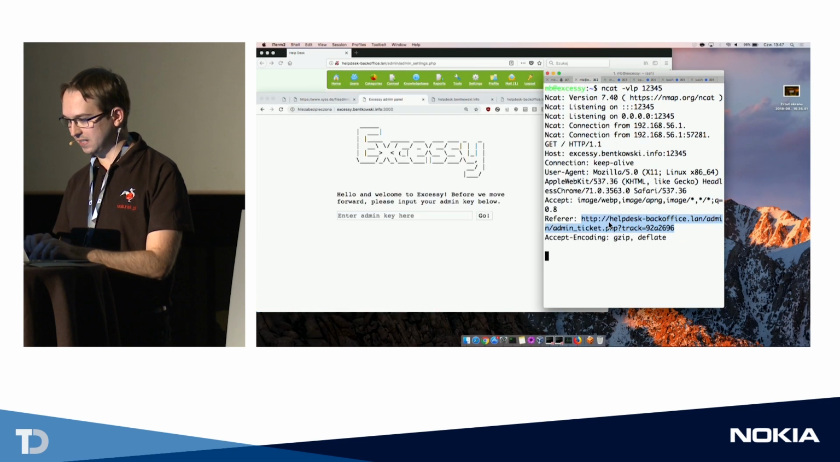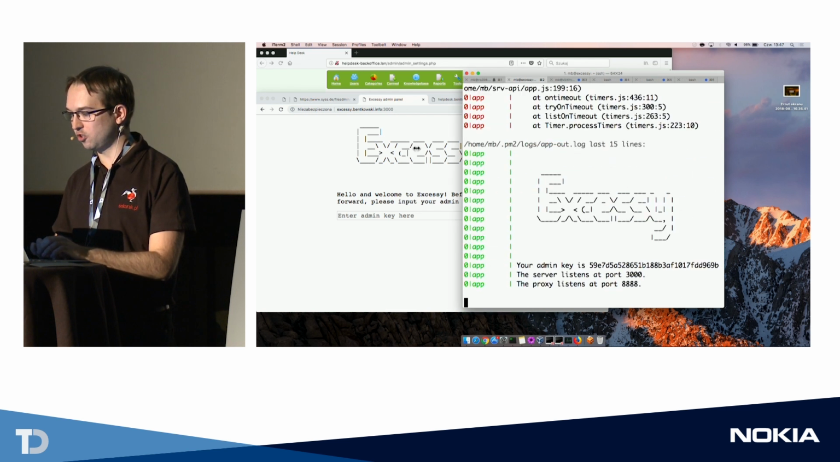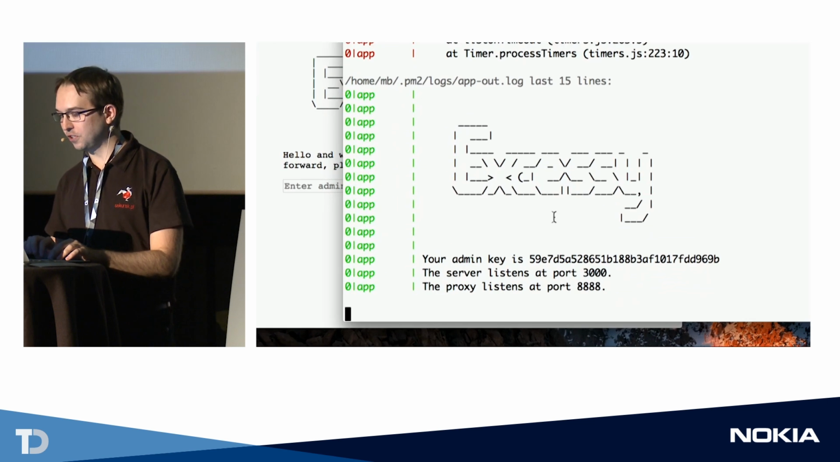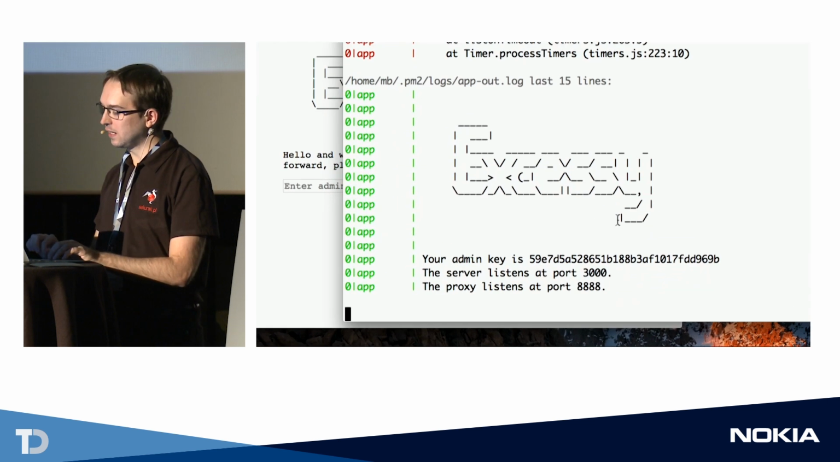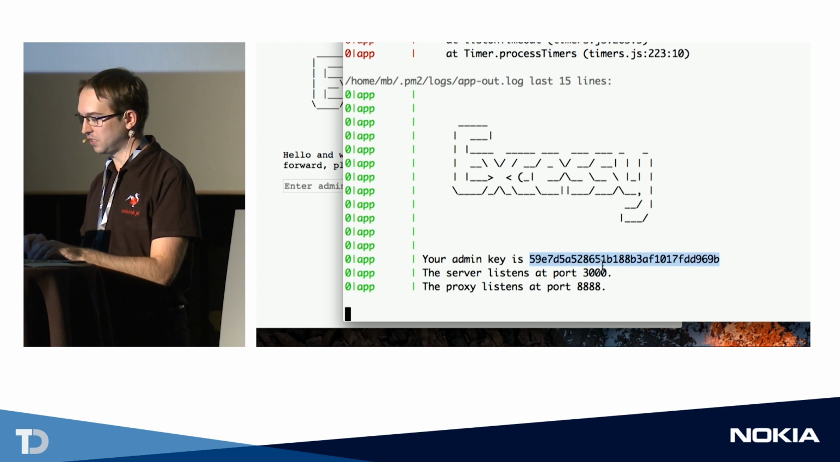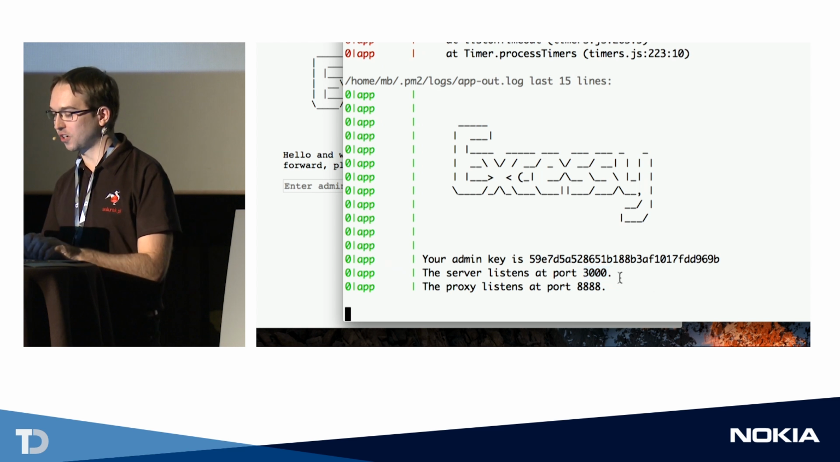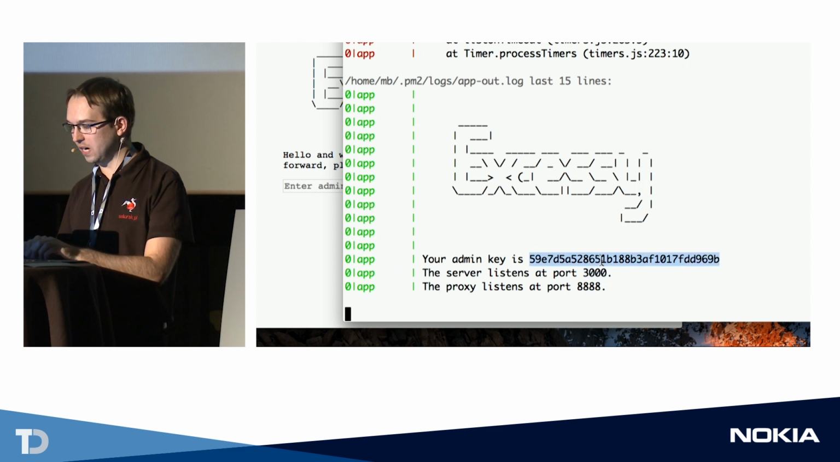I have the Xss run over here. This is an application written in Node.js. And after it ran, it tells us that our admin key is as such, that there is a server at port 3000 and proxy at 8888. I will talk about the proxy later. So I will just copy the admin key